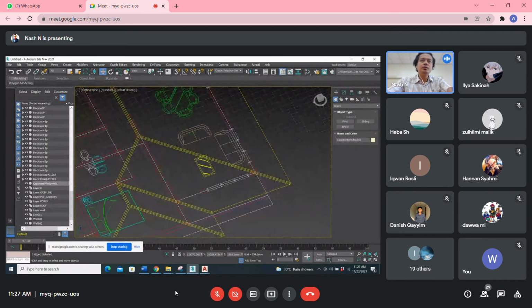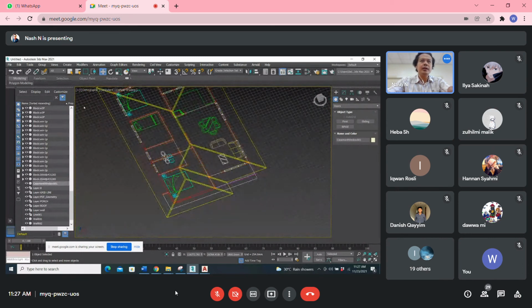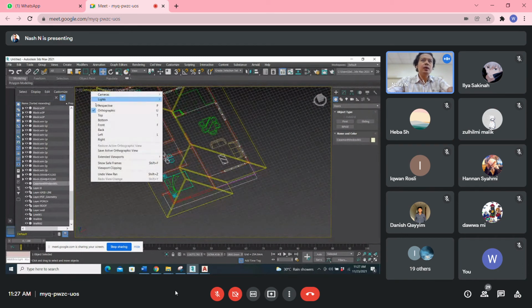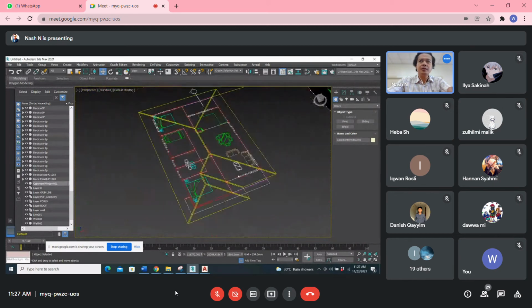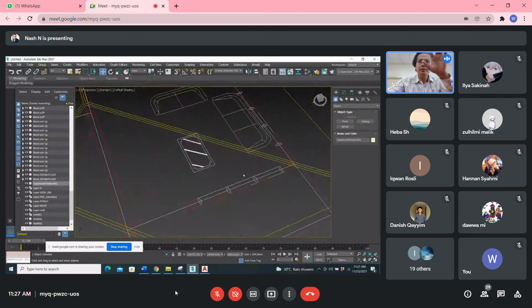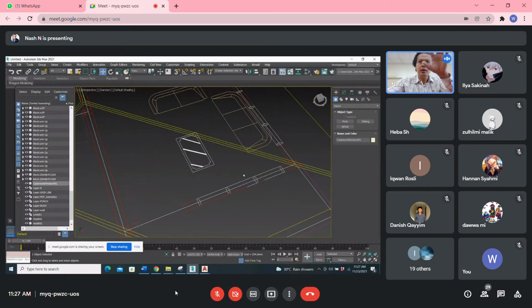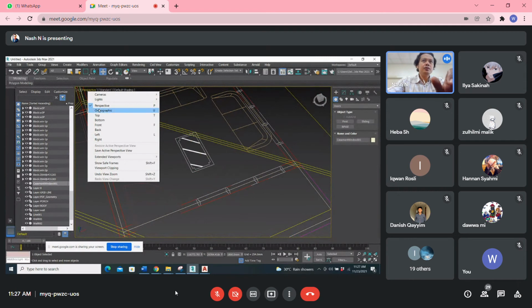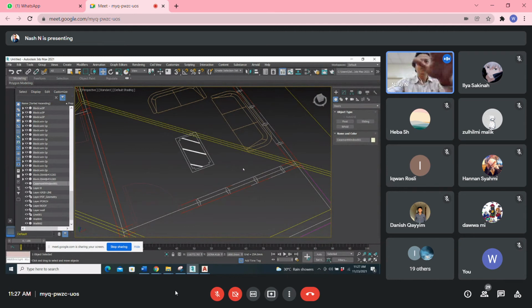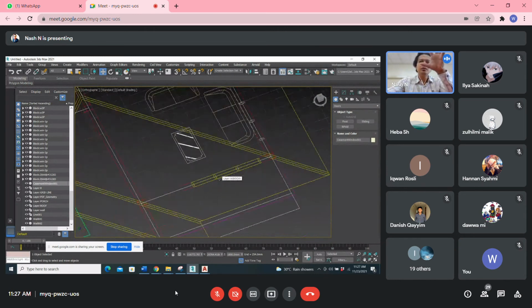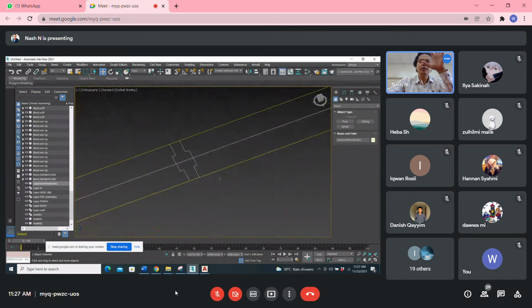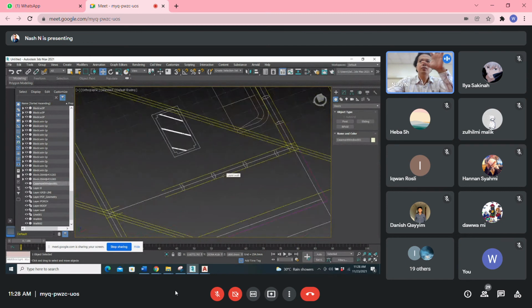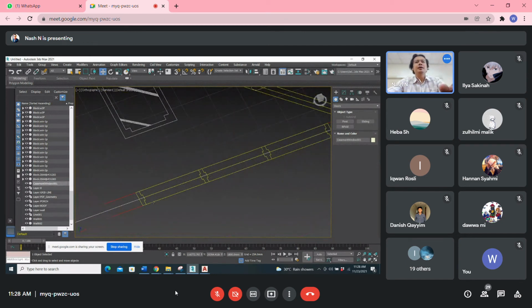If you want to draw it in 3D, don't draw in perspective, because if you zoom it, sometimes you want to zoom according to what you want, it's very difficult. So you can change it here. You just click and then you use orthographic, or you can press U. Because if you press U, when you zoom it, it can be zoomed according to what you want.